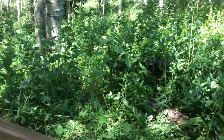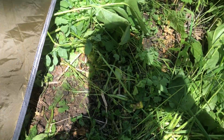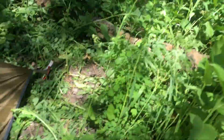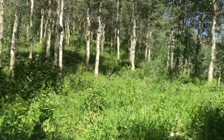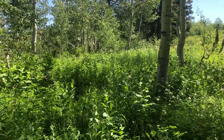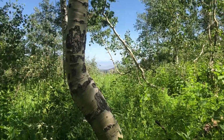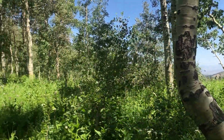But I took the small day pack off my main pack, and I need to go find water. I have maybe half a liter of water left in my bladder. I have 2 liters in my pack, but I don't want to get into that if I don't have to, because I'm saving that for dinner and breakfast. So I need to find some water, hopefully down that way, down the draw,